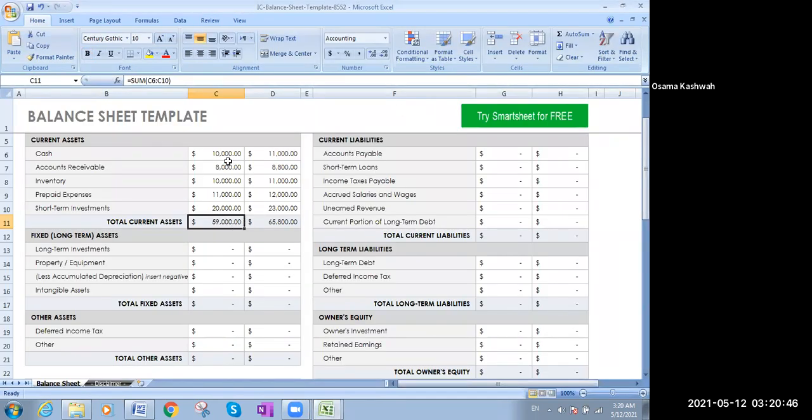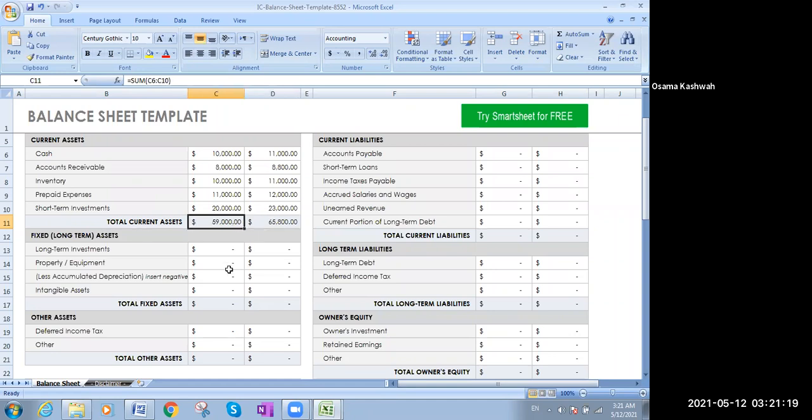So if you want to say now, this is C11 equals SUM from range C6 two dots to C10. Then C11 will give you the sum of them. Likewise, the same thing here, 11 plus 8 plus 11 plus 12 plus 23 will give me 65. So all those were the